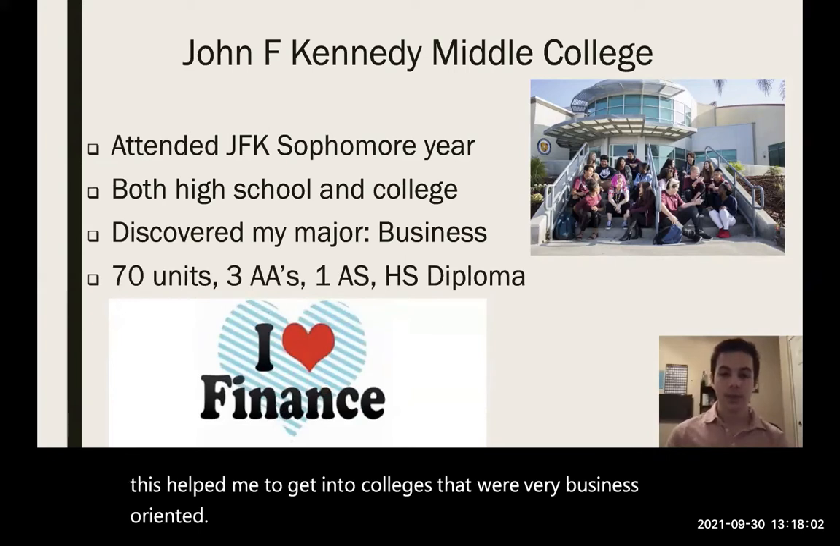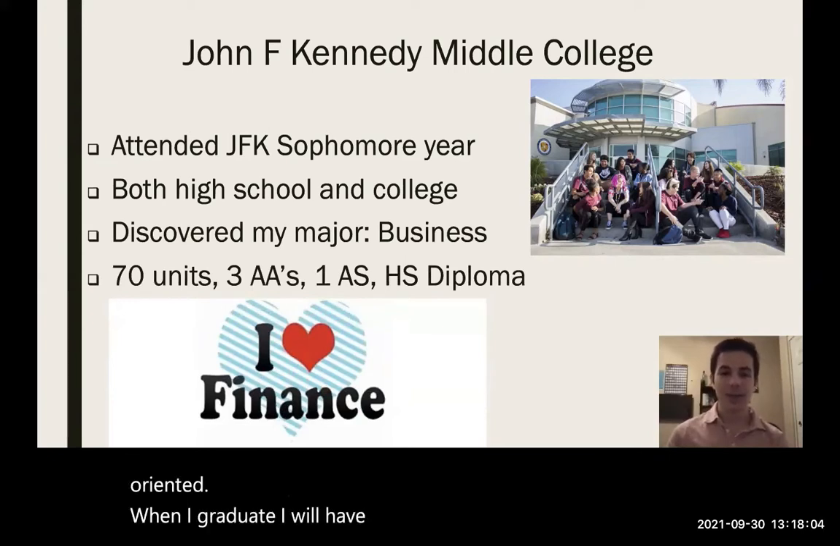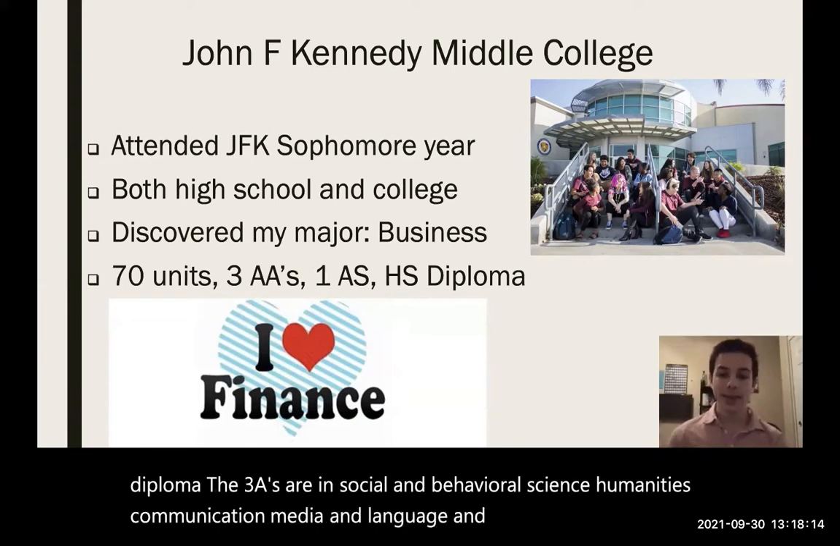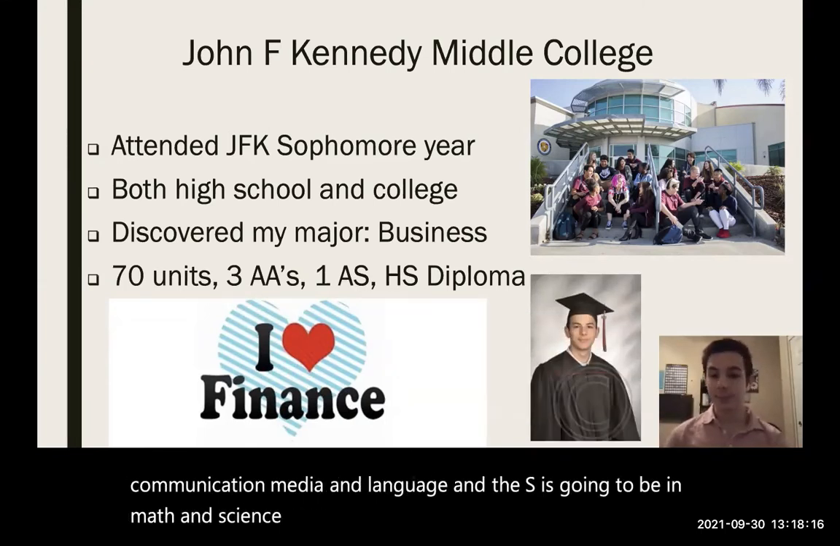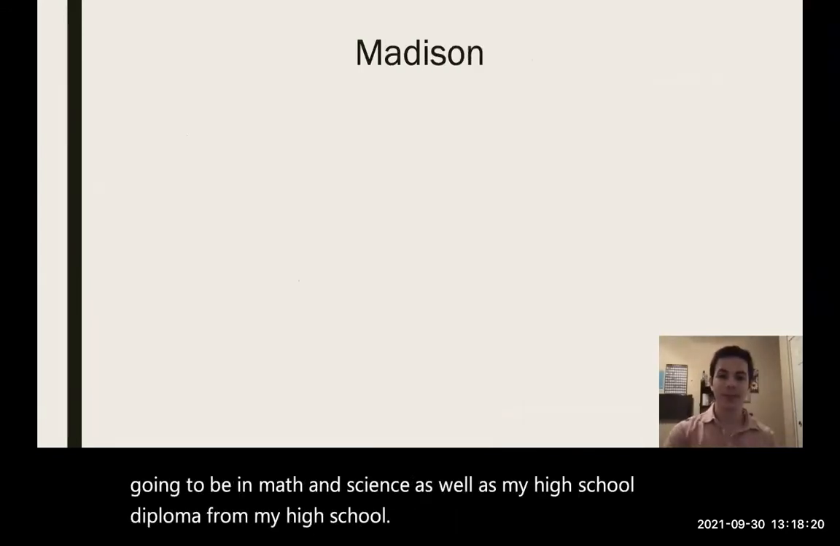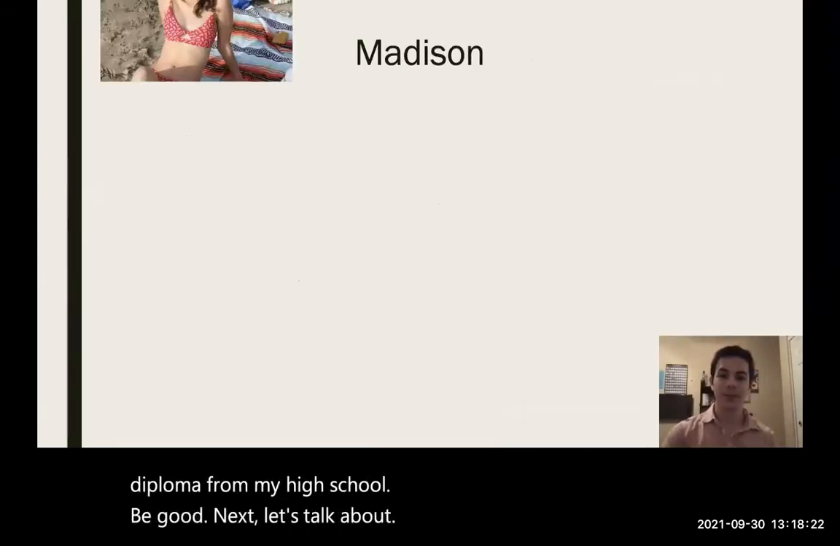When I graduate, I will have 70 units, 3 AAs, 1 AS, and my high school diploma. The 3 AAs are in social and behavioral science, humanities, communication, media, and language, and the AS is going to be in math and science, as well as my high school diploma from my high school. Good. Next, let's talk about